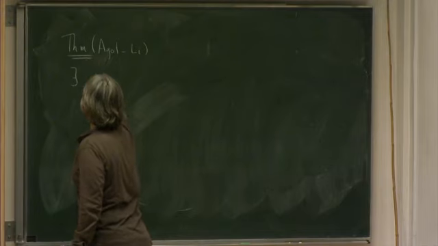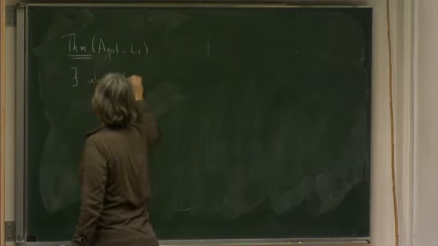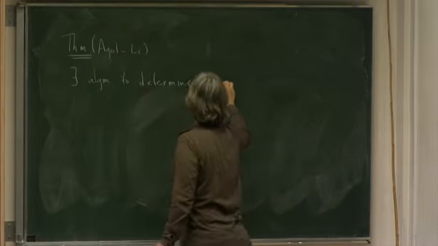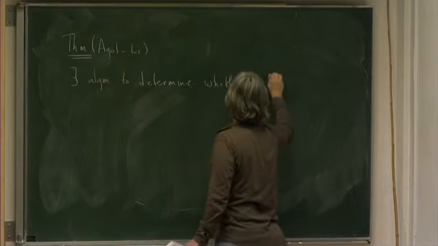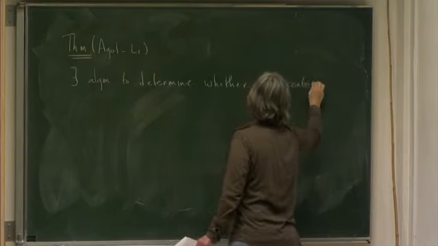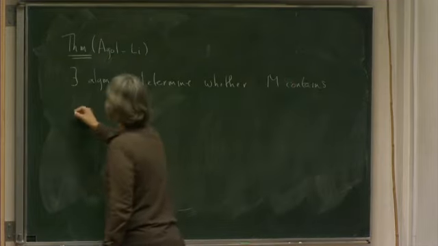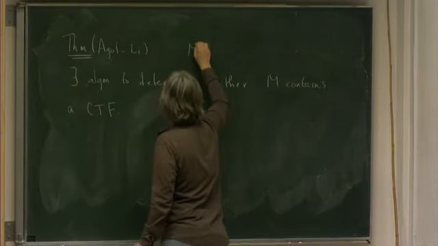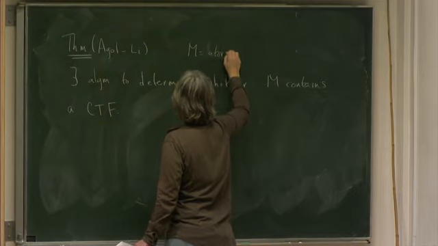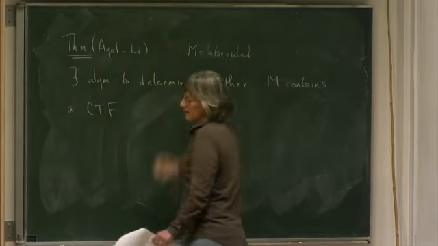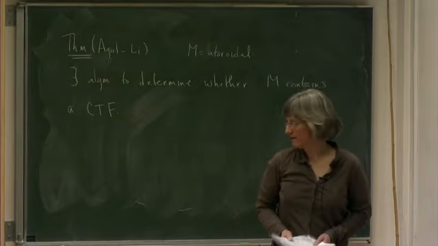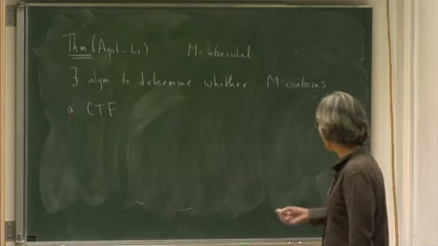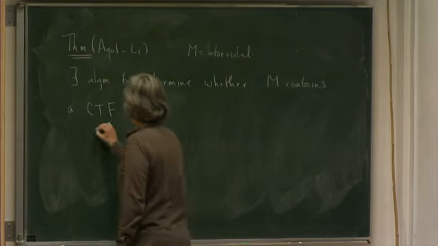there's an algorithm to determine whether M contains a CTF. So again, we're assuming atoroidal. There's a statement in the toroidal case, but let's skip that for now. So there's an algorithm to determine whether M contains a co-oriented taut foliation, and basically a sketch